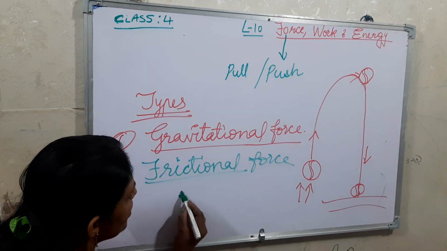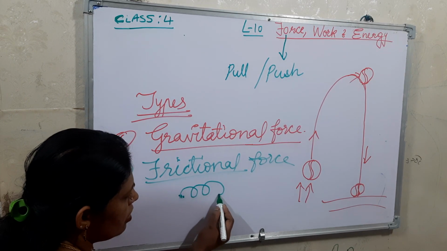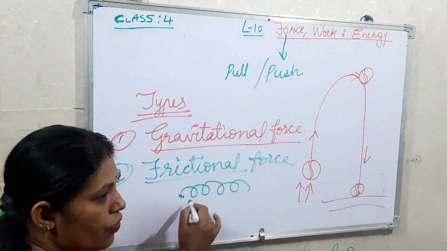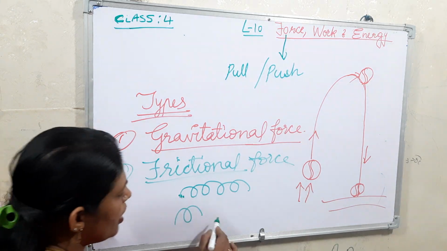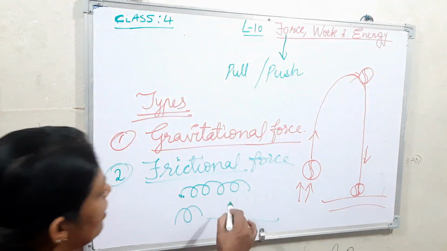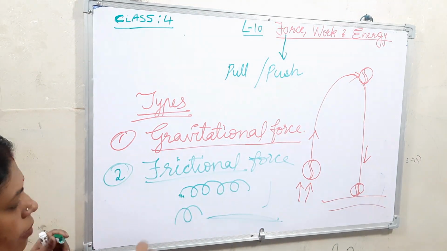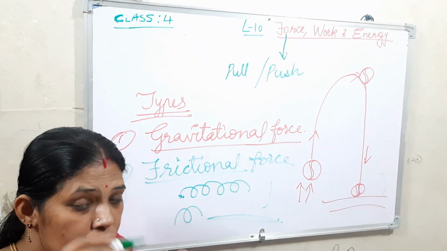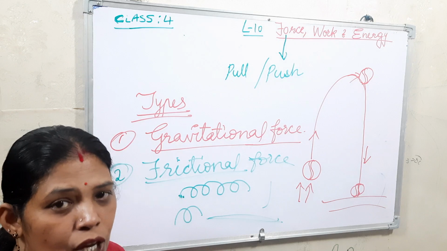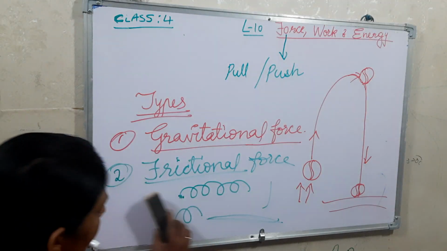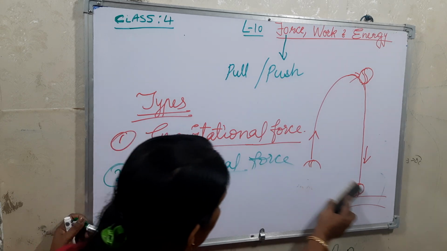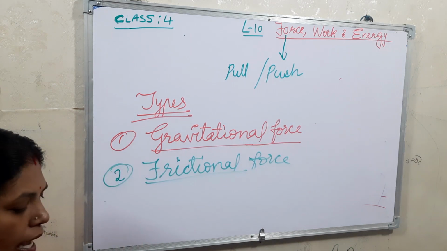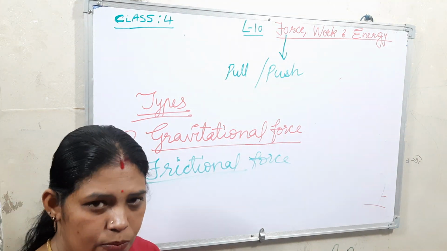And if I want to write something and make a curve, why is it possible? Because of the friction. If there is no friction, I can't make the twist here. It simply goes like this, or it goes up. But why can I make the curves however I want and change the shape? That is because of the frictional force. So it actually stops the things, the moving things. See, it resists the moving object.